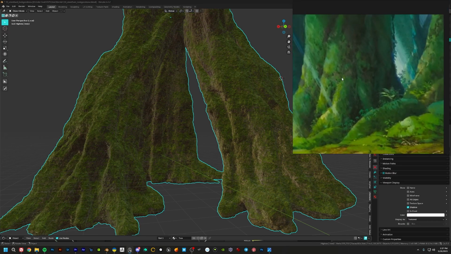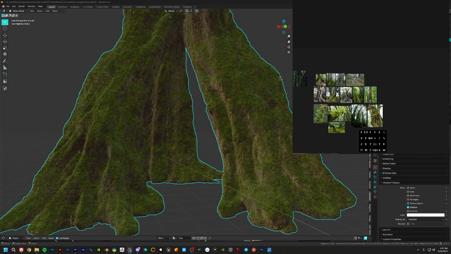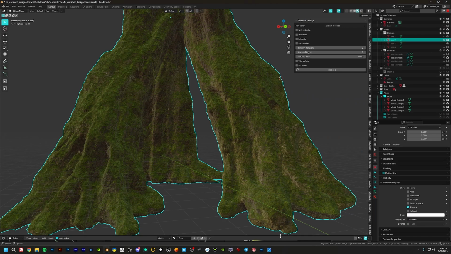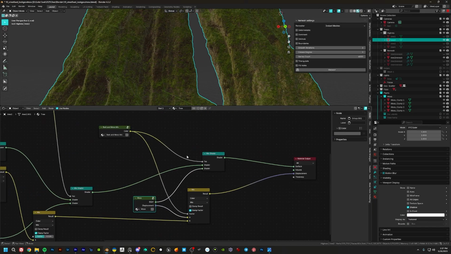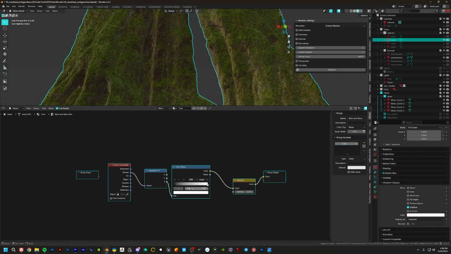I didn't want the entire tree to be covered in moss. I mean, you can see some tree bark here, but yeah. So anyway, that's what I did for that. So to do that, let's go in. Where is it? Okay, so here we have the